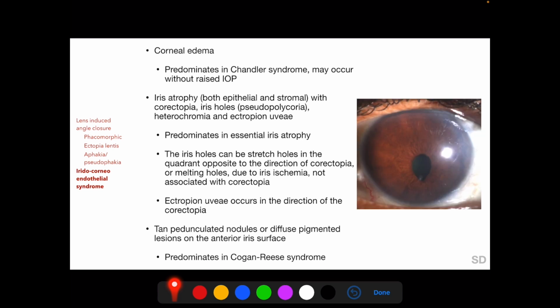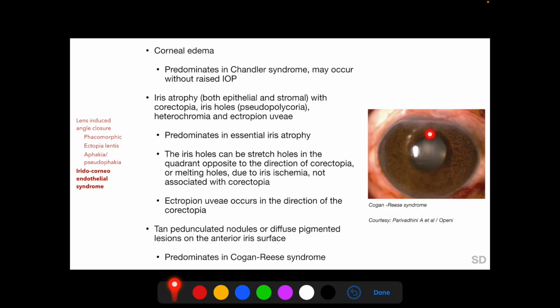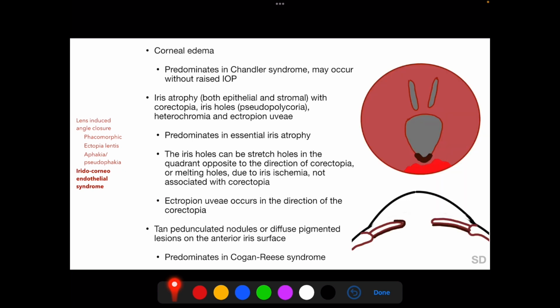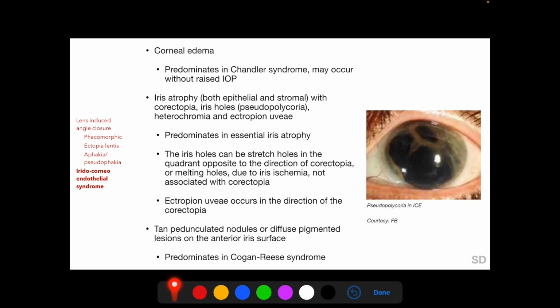This photograph and the next show ectopia or displaced pupil along with high PAS, and in this photograph we see ectropion uveae involving the entire pupillary margin. These iris features are essentially caused by the abnormally migrating corneal endothelium growing over the iris and stretching the iris towards its direction. Correctopia, or displacement of the pupil, occurs in the direction of the membrane, and iris holes,